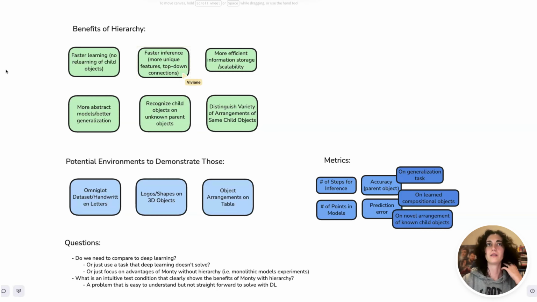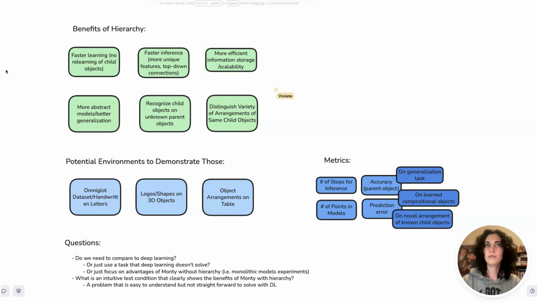Plus, top-down connections would make inference of the lower level learning modules faster. Basically, if the higher level module knows the scene that we're on, like I'm on the mug with the logo, and now I'm moving from the logo to the mug, it can directly tell the lower level learning module to change what it thinks it's sensing, and the lower model doesn't have to do any inference for this information to update what it predicts to sense next.